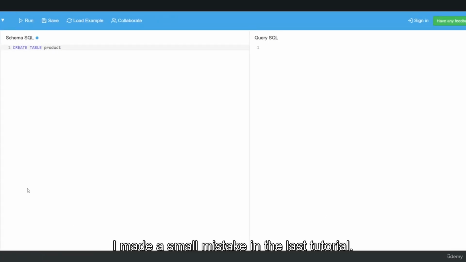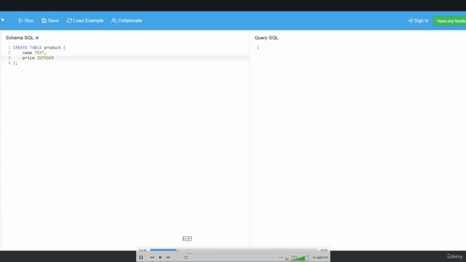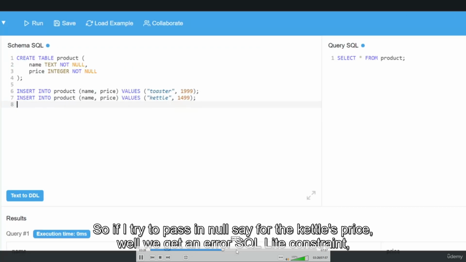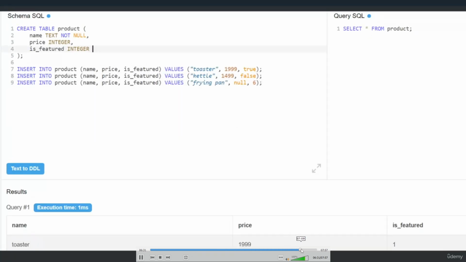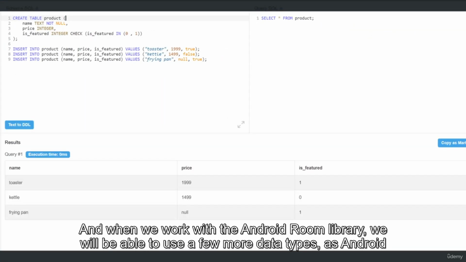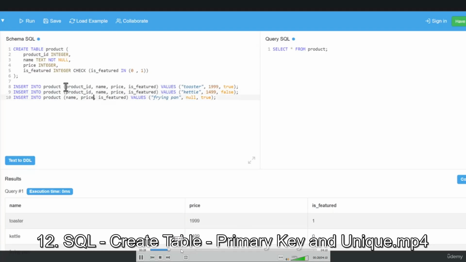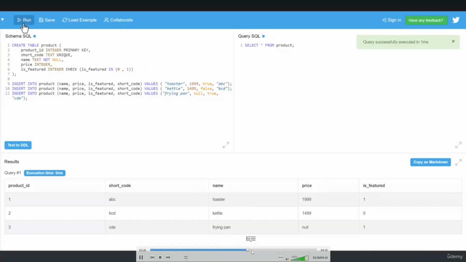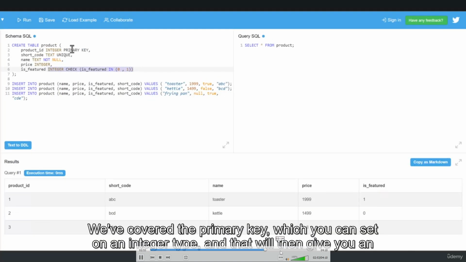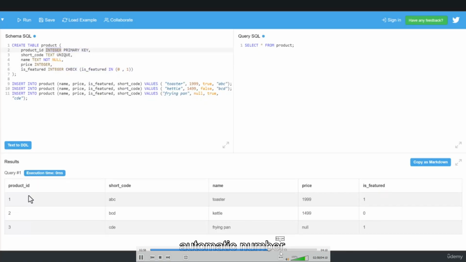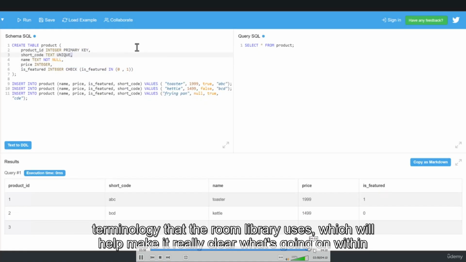I made a small mistake in the last tutorial. I gave the table name a plural name. Something else like a not null, which is actually all the inserts column there. When we work with the Android Room library, we will be able to use just a couple more things now that we can do when defining our tables and giving our data some structure. Product will have a number, so we're good, and then everything will be fine. SQLite. We've covered the primary key, which you can set on an integer type, and that will give you an automatic number. So to put all the schema together, which will help make it really clear what's going on